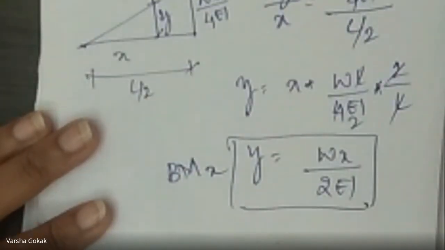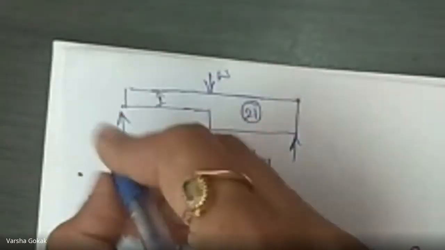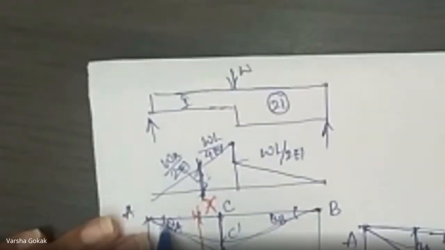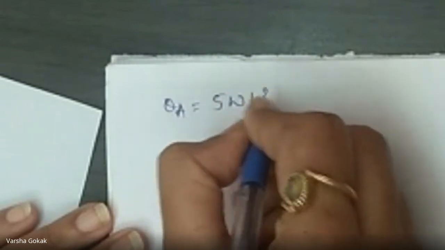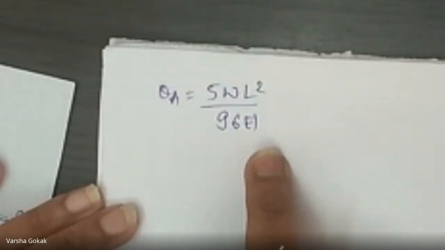Correct? I started with the bending moment diagram. So this is the bending moment at x distance. Here on this diagram, I found out this ordinate. This ordinate is W into x divided by 2EI, where x is the distance. Okay. So once that is done, then what will we do? We will make use of theta A. The diagram here, I know the value of theta A from yesterday, so I will write the value. So theta A, we have already derived for this, is given by 5 WL square divided by 96 EI.